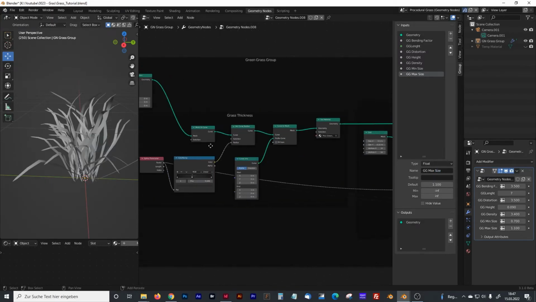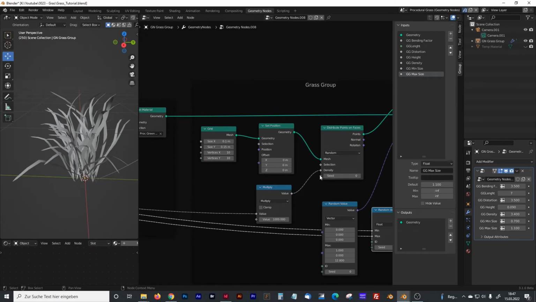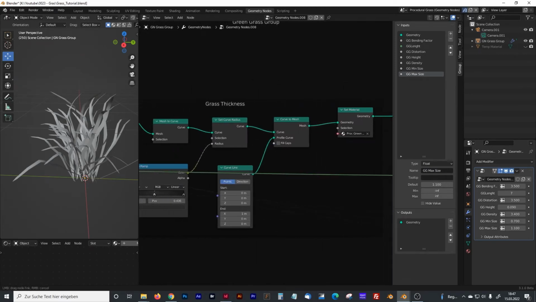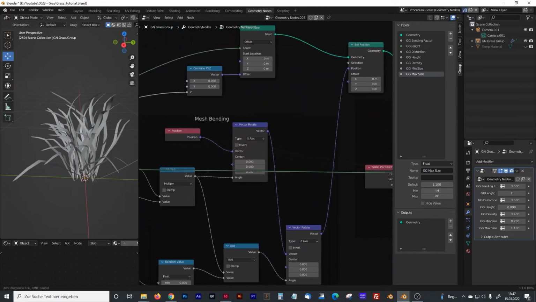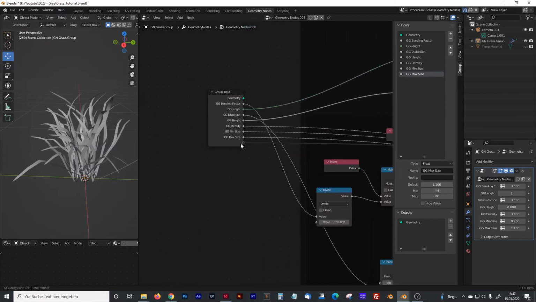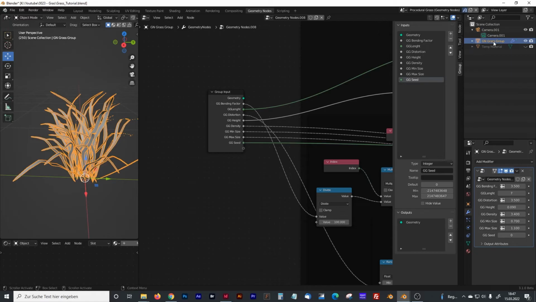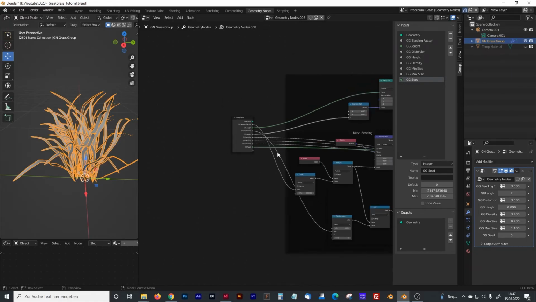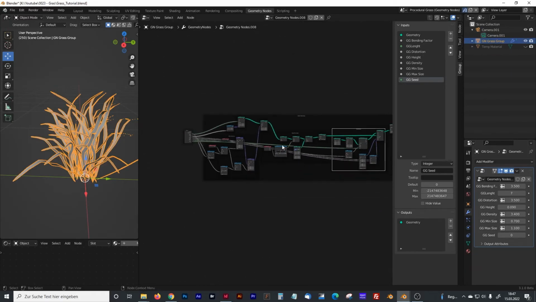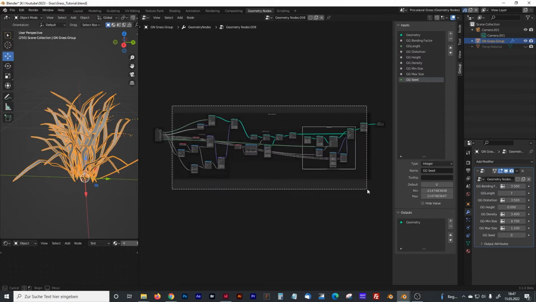And I think we can also add the seed. That's probably helpful, and name that green grass seed. Now we have control in our modifier panel of one of our grass groups, and now we can copy that whole thing